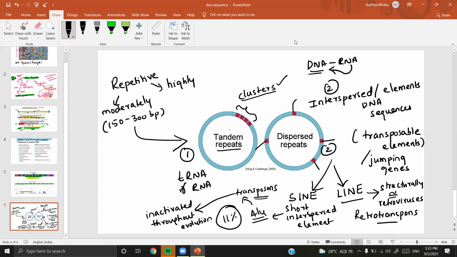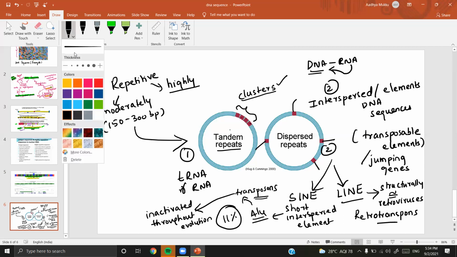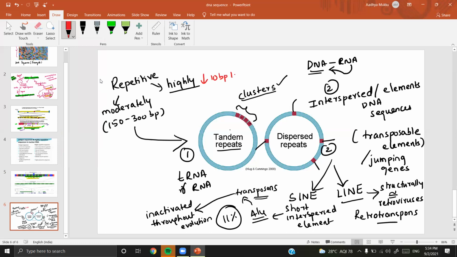So these are the different sorts of moderately repetitive sequences. These are the tandems, which may be present at one particular area, clustered, but they are repetitive DNA not coding for any protein, as well as sequences dispersed throughout the genome, also not coding for any protein. And especially, children, remember that the highly repetitive sequences are mostly less than 10 base pairs long. They are very short in length, and exist in millions of copies